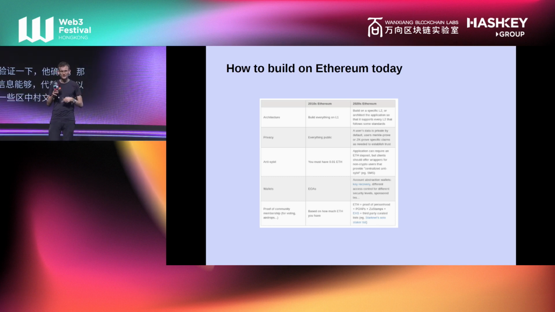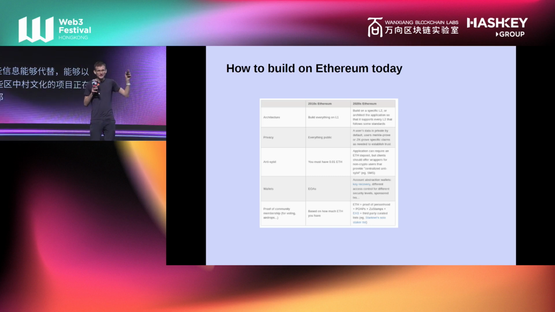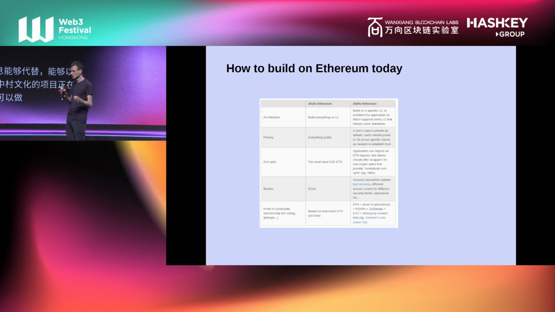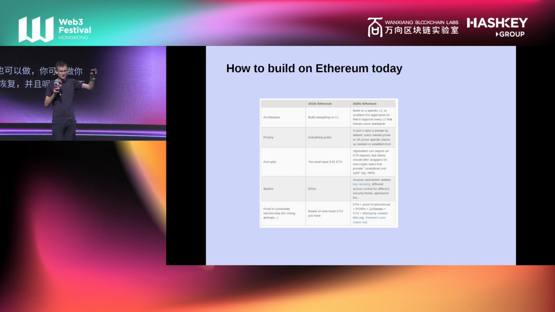Wallets. With account abstraction, you can do key recovery. You can have different levels of access control for different amounts. The amount of security that you should have to go through to pay 5 USDC for a coffee should be much, much lower than the amount of security that you need to send your entire life savings to someone. EOAs do not do this. With an EOA, either everything is on your phone and it's easy to send your money, but it's also easy to steal all of your money,